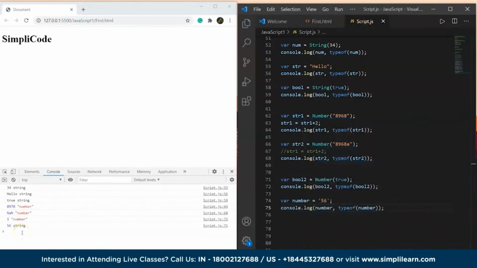Here you can see that the output is showing 56 is a string. So the data type here is string because I have used single inverted commas, so it will take 56 as a string. Now let's suppose I want to parse this as an integer, or say I want to change it to a number. I can use parseInt as well. Apart from Number, if you want to use Number, that's fine. But apart from Number, if you want to use